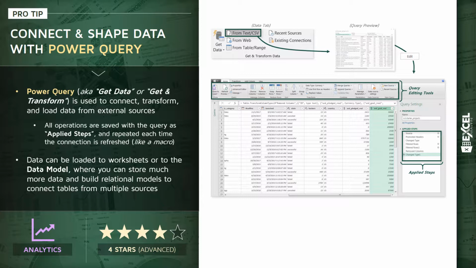Now, once you've transformed and shaped your data and you're ready to load it into Excel, there are two places where you can load it. Either to a worksheet where it will live in rows and columns and cells, or to the data model where you can compress this data and store much more information, hundreds of millions of rows. And it's also where you can actually build relational models to create table relationships and connect or blend information from